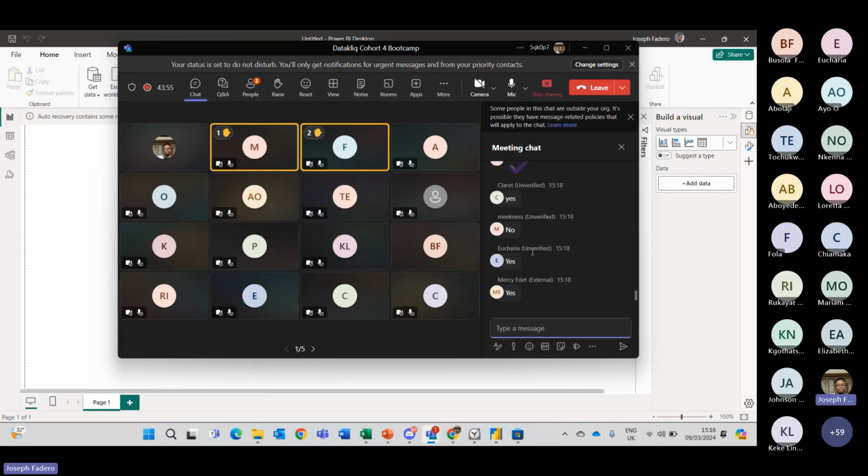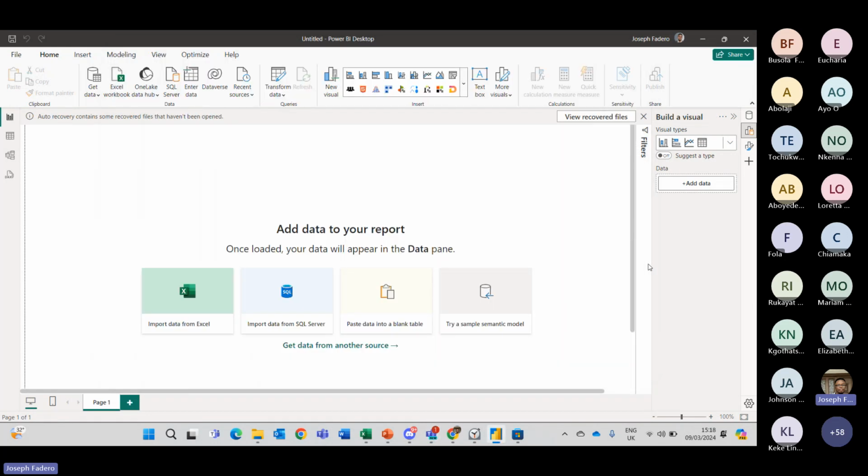Okay, so the very first thing you need to know about the Power BI interface is you have three views by default. You have your report view. This is where you build out your reports, your visualization.